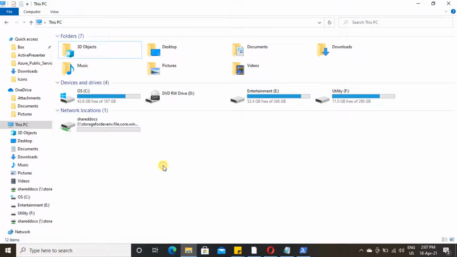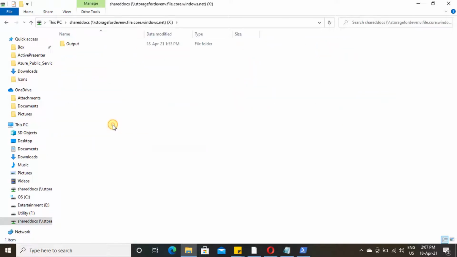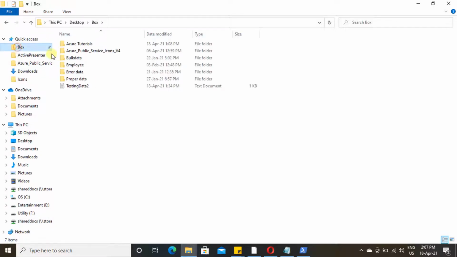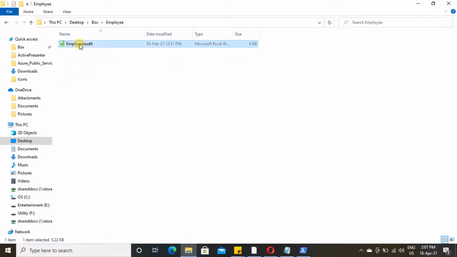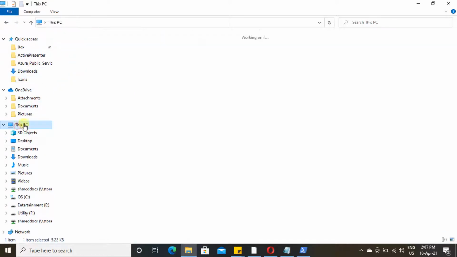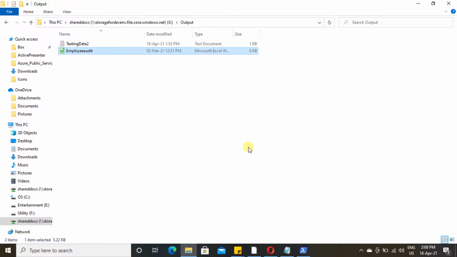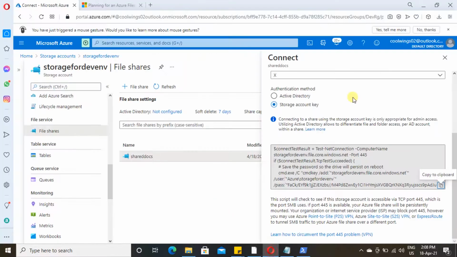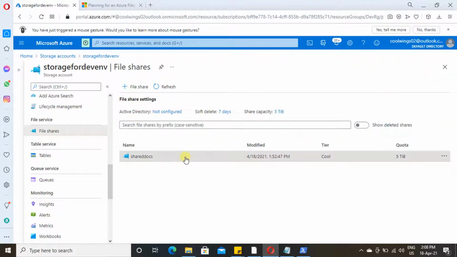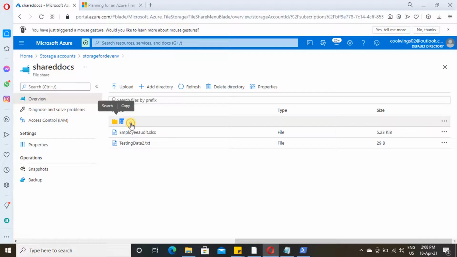So now see, in my laptop you will find the network location here. Whatever file we have uploaded in the Azure portal will appear here. Now let me show, we can even upload a file from our local machine to check whether it is syncing up with the Azure portal. So I'm going to copy this and paste it here in the file share. Yeah, copied. Now get back to the portal, just select the file share and then our folder. If this is not available, I request you to refresh. It should be available right here also.